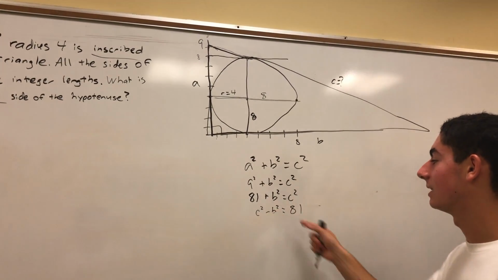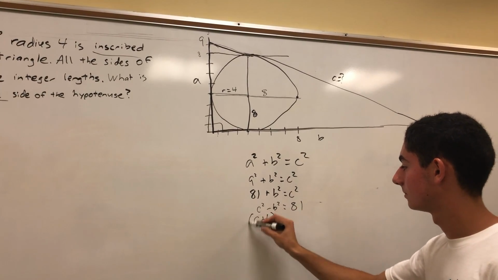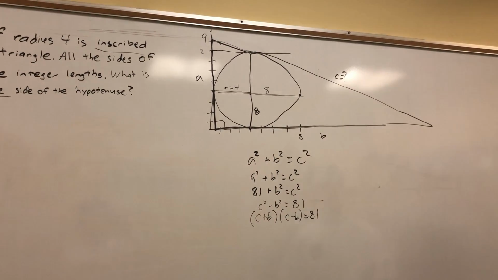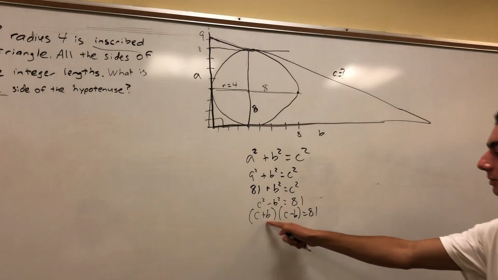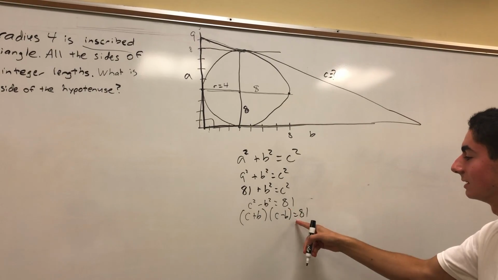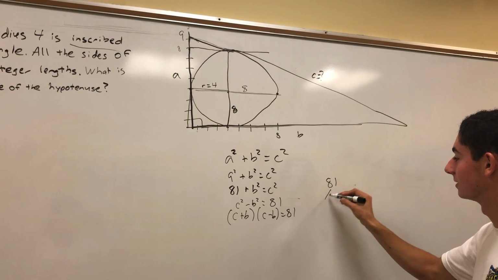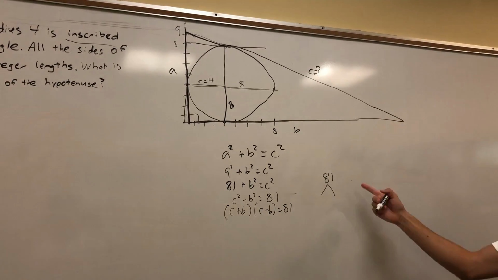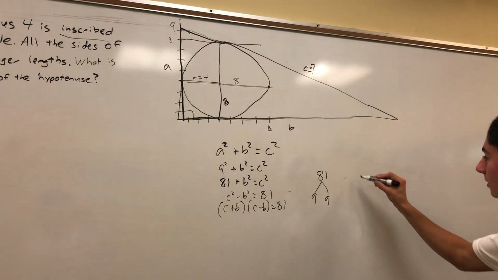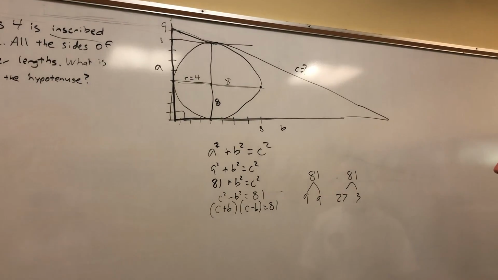And so we can factor this because that's the difference of squares. So we can say c plus b times c minus b equals 81. So we have a product of two numbers equaling 81. Based off this, we can list the possibilities of two integers that multiply to 81. I'll do a little factorization tree right here. So what can get 81? We know 9 and 9, right? We also know 27 times 3 is 81. And then I think the last possibility is